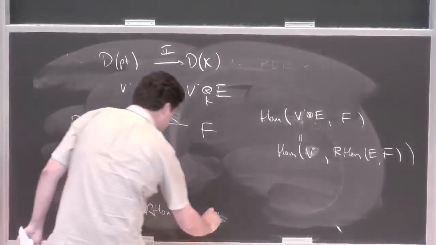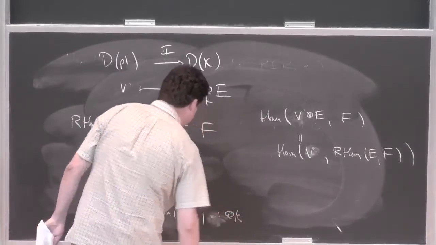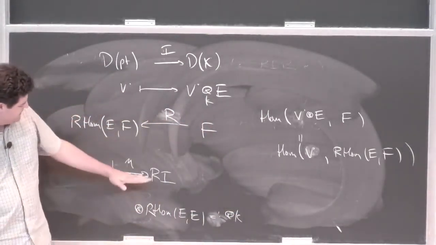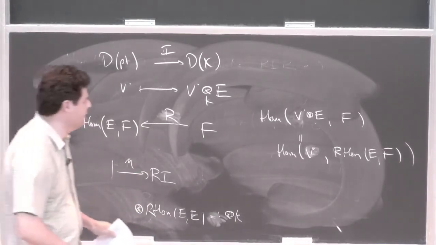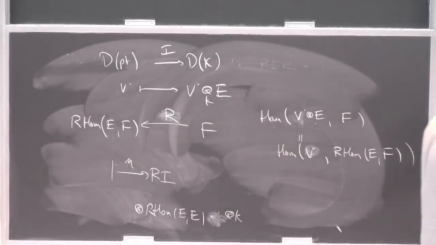So that's tensoring with K. So if E is exceptional, then indeed this unit of the adjunction is an isomorphism. Sorry, I belabored that a little bit. The point I'm trying to make, and only barely succeeding,